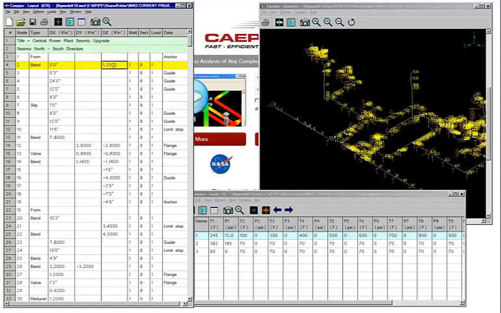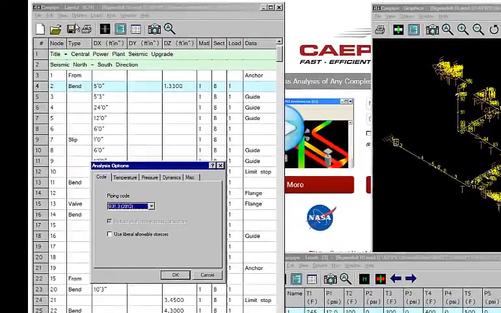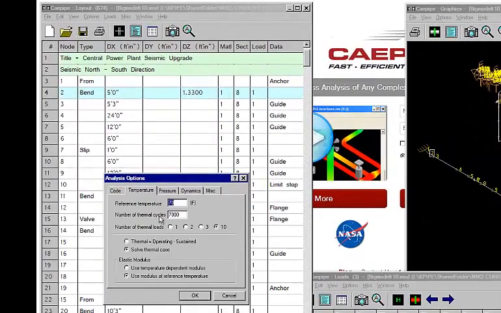So the first thing I want to show you is that we increased the number of thermal loads possible from 3 to 10. I believe that's the highest number in any tool in the industry today. But this is how you do it. So we go into options. If you already have a license or if you're working with the free evaluation copy, you go into temperature and